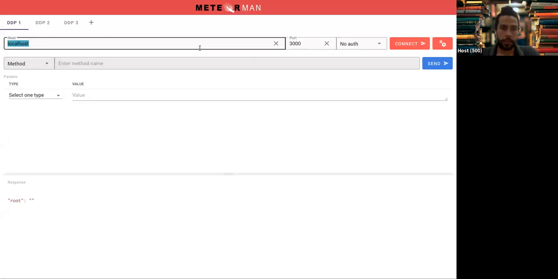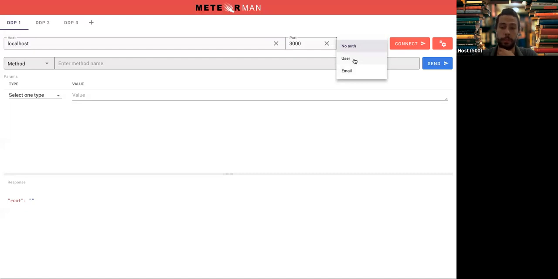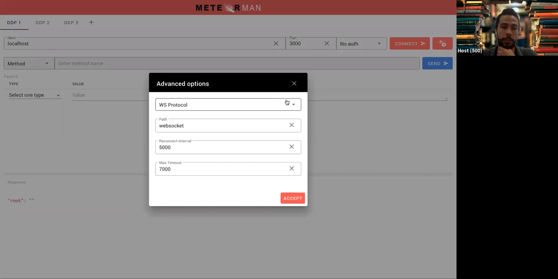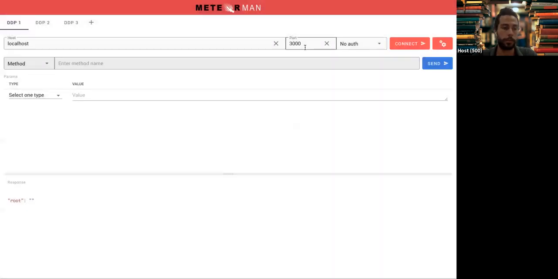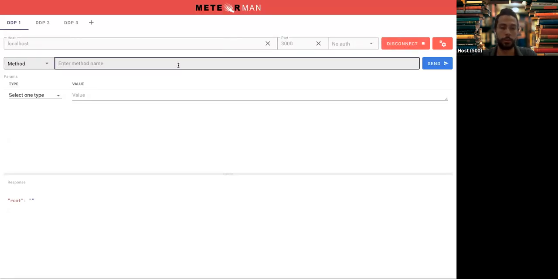As you can see, here is where you write the host you want to connect to, the port, in case you're using a secure web server or WebSocket, sorry, or non-secure ones, and then the authentication method you want to use. And then here are some extra configurations like the protocol you want to use, the reconnect interval, max timeout, and all that stuff. So for now I'm just gonna connect without authentication because I want to show you